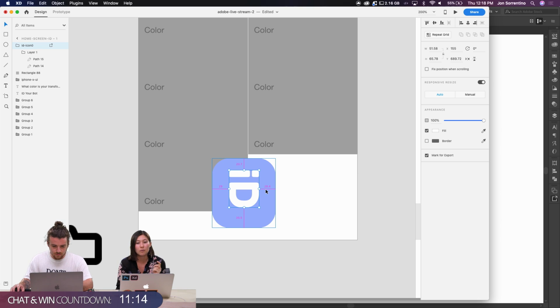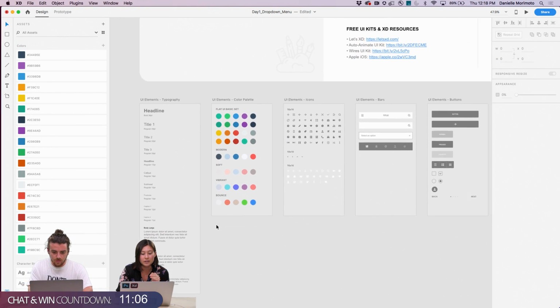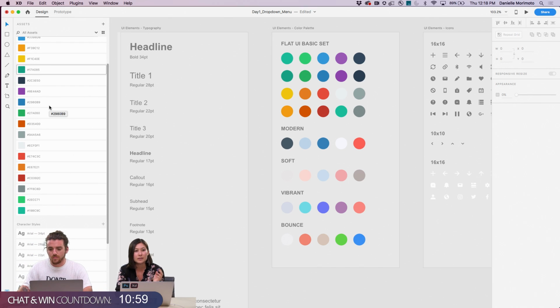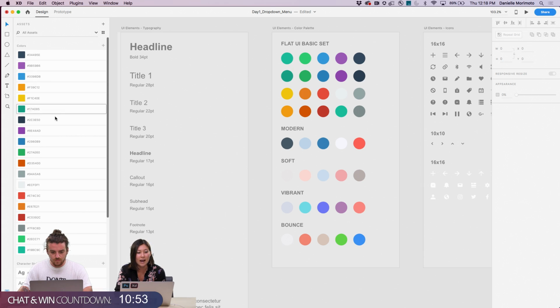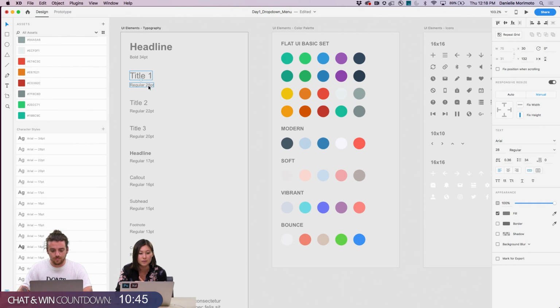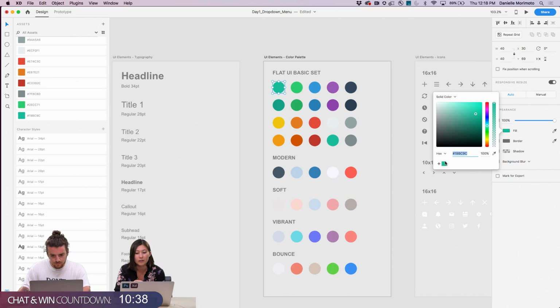One other one, while Jon is working on this, if you head over to my screen, we have the daily creative challenges that happen. This is a file that I just happen to be in, but Jon's been talking about color palette and all of that, and I just want to note that, I don't know if it's really considered a shortcut, but it is something you can use: adding your basic colors into your assets panel or your character styles. It's as easy as selecting the one that you want and hitting the plus button. Another shortcut in the colors is to add it in your fill here.